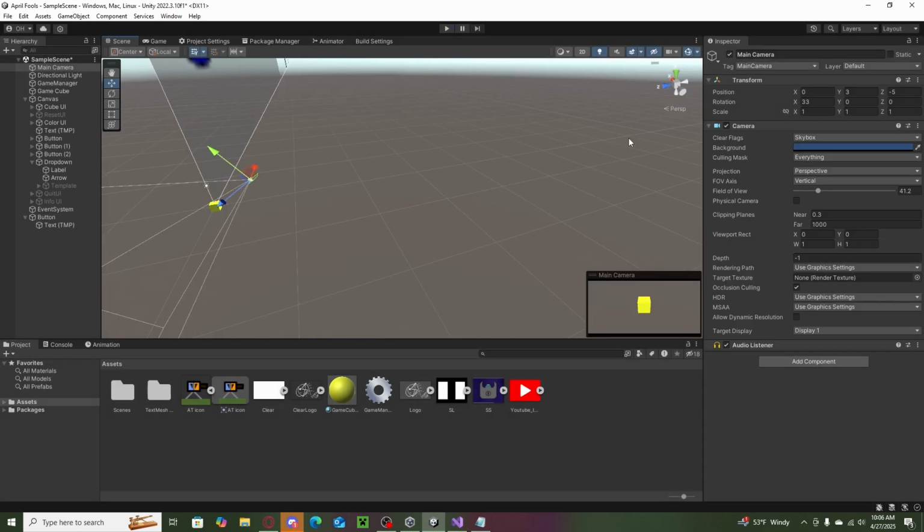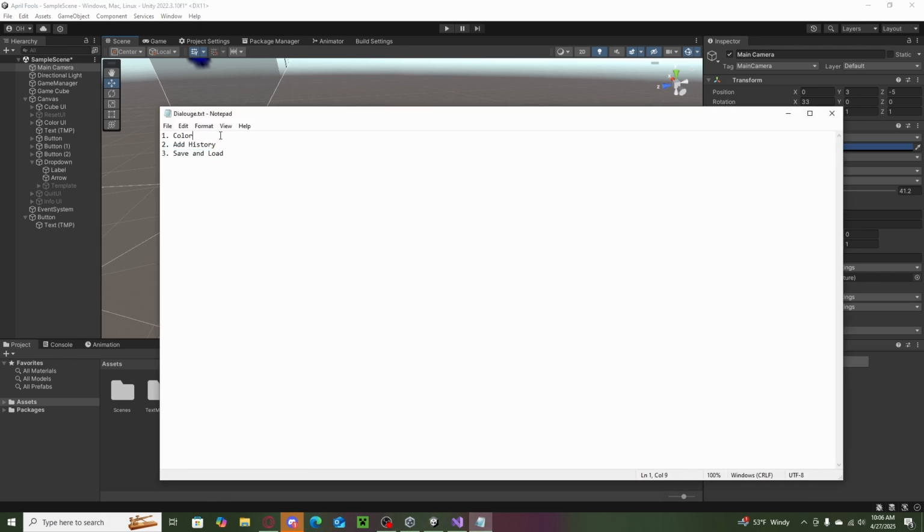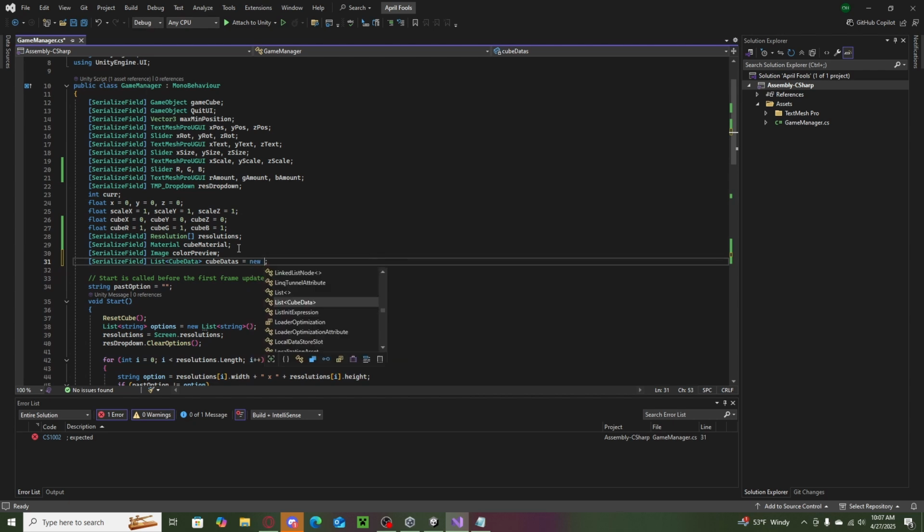Everything works. Alright. Next step. Okay, that's basic color theory done. Next thing to do is add some sort of history. What I'm planning to do is that every time the player finishes making a change, I'm going to